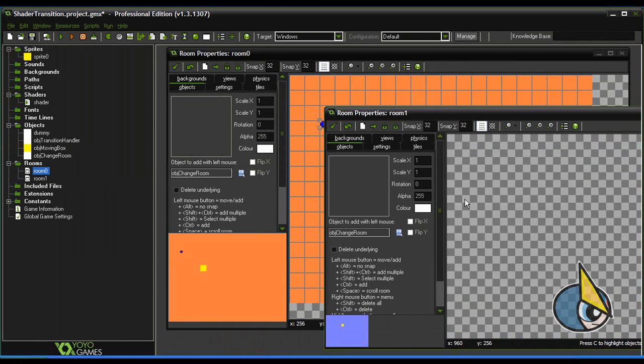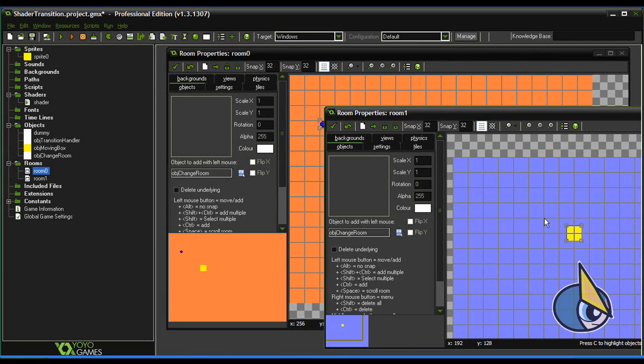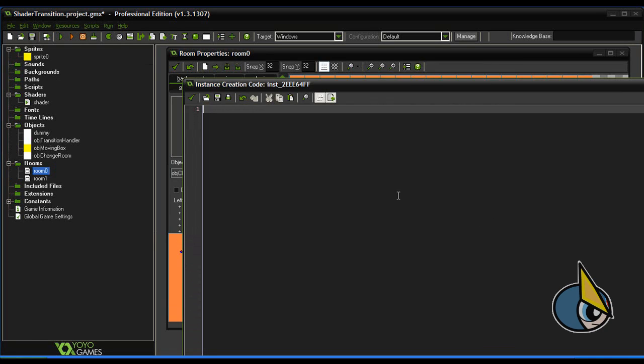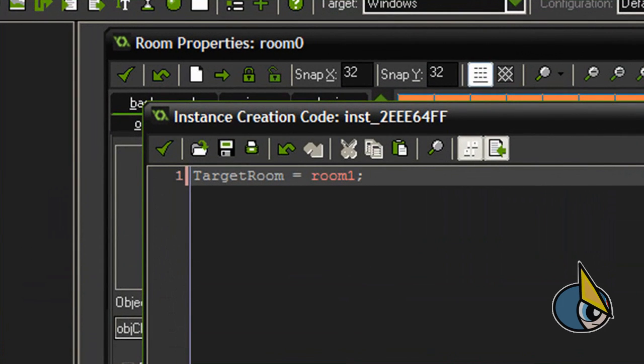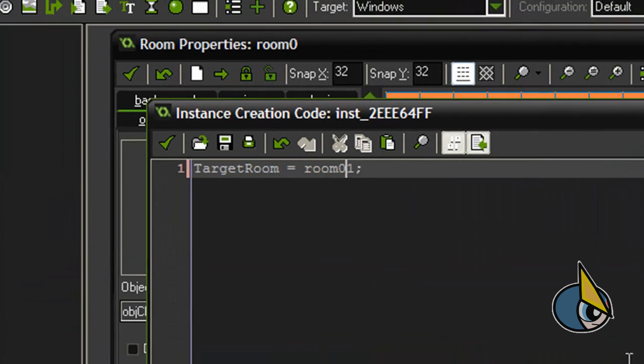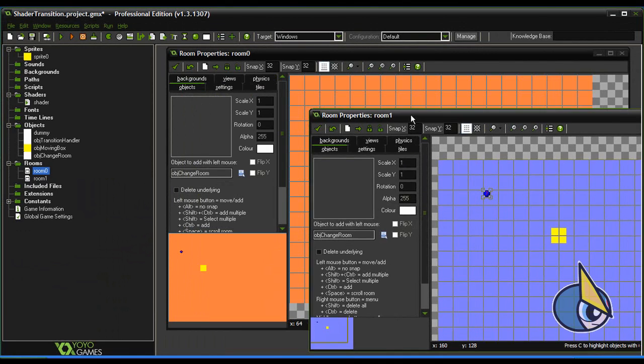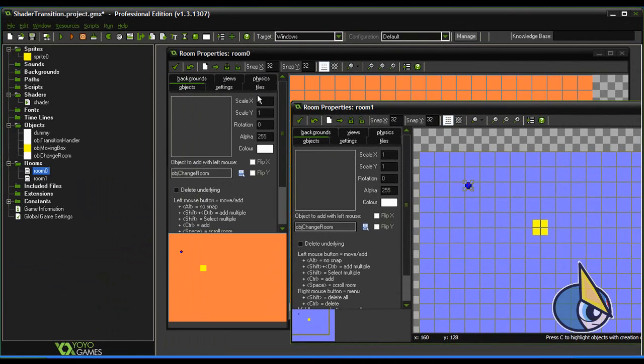I'm going to do the same in room 1. I'm going to add a obj change room object, and in the creation code, I'm going to do the same, but now instead of room 1, obviously the target room is going to be room 0. And it seems we are finished here, so let's run the project